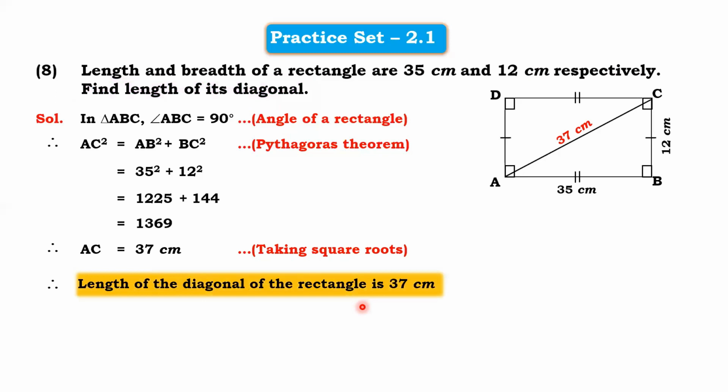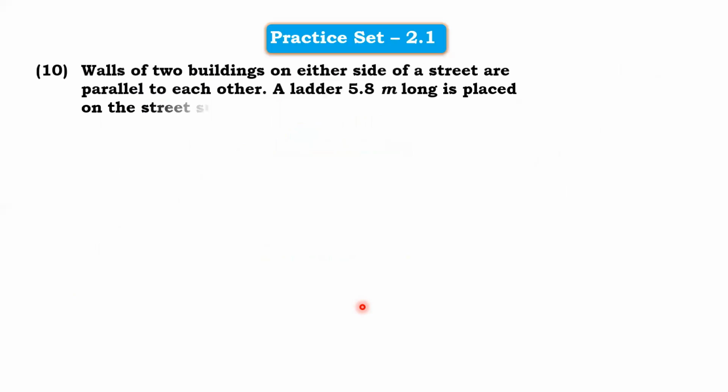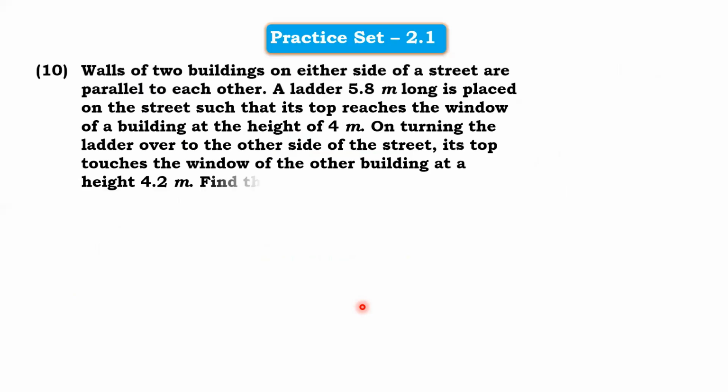Did you understand the sum? Yes, this sum is a very simple sum. It will come for 2 marks. A very easy question. Done? Fine. Now next sum, a very simple, very easy question. But then understanding the figure is very important here. So let us read step by step.